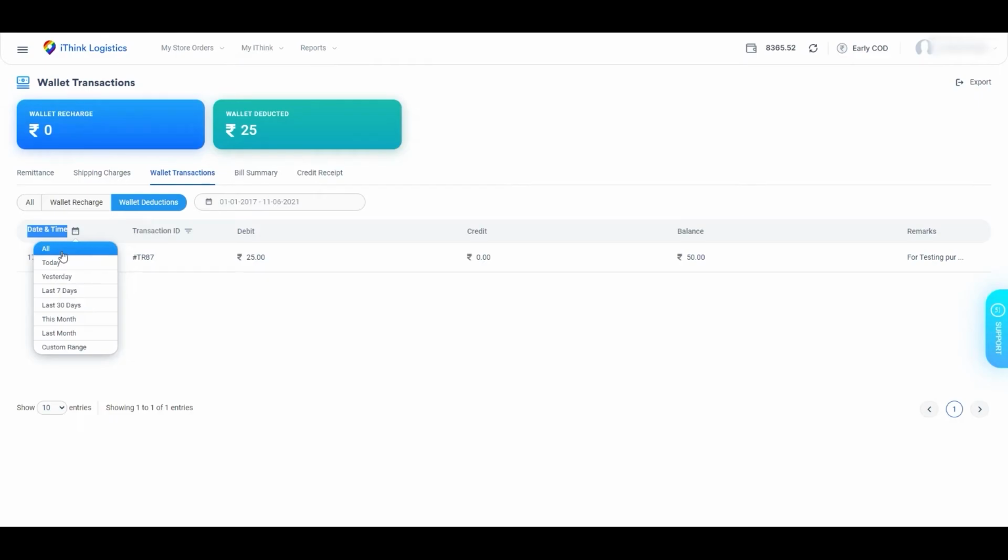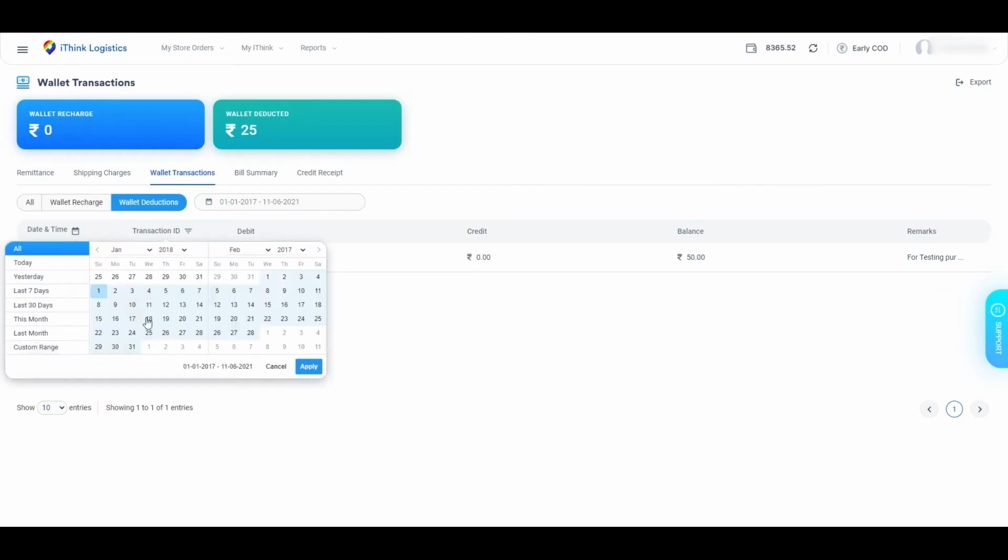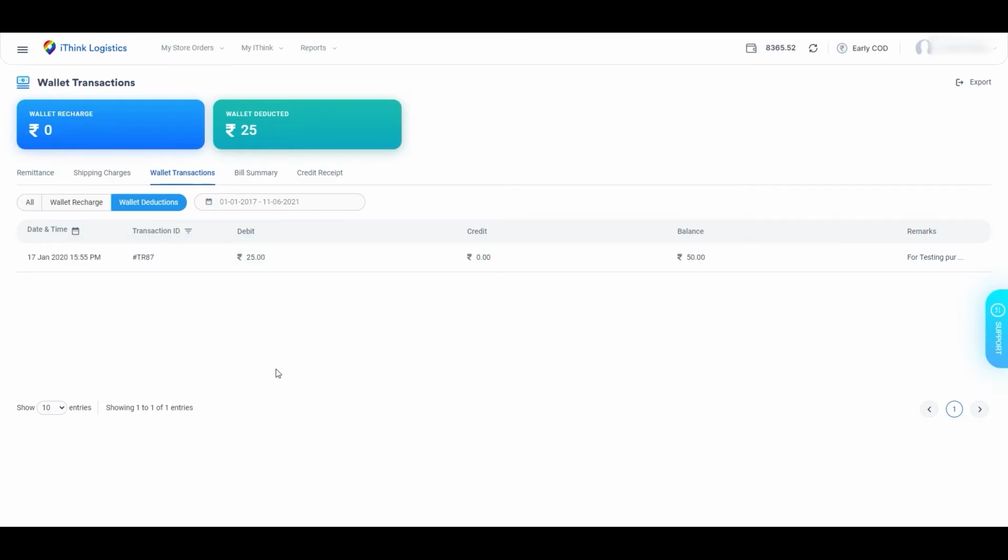For example, today's date, yesterday's date, last 7 days data, last 30 days data, last month's data. If you want to filter data according to 2 dates, then you need to choose custom date. Here, you need to enter start and end date. Then, you need to click on the apply button. After clicking on the apply button, your screen will have filtered data.